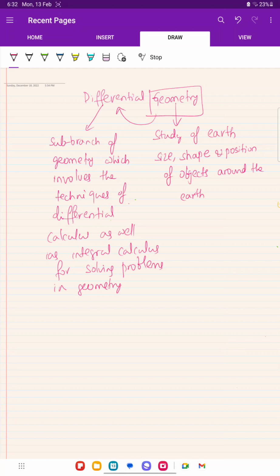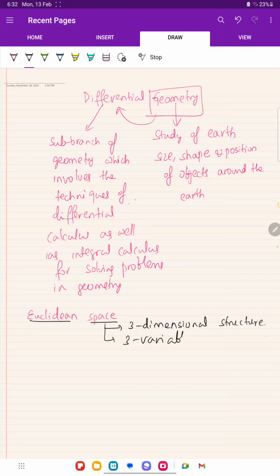Now let's move on to the next concept, Euclidean space. It involves two words, one is space and the other is Euclidean. Space is nothing but a three-dimensional structure. So it involves three variables. The three-dimensional real space is given by